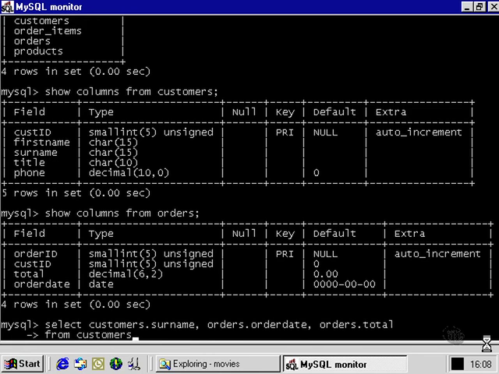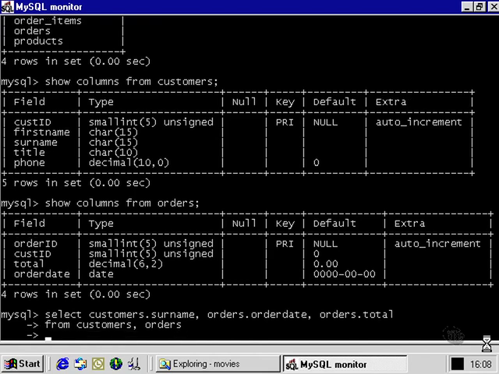From customers, there's 2 different ways we can spell out this particular kind of join. Now this is an inner join, so we can either say inner join explicitly to join the 2 tables, or we can simply use a comma. We're going to use a comma for now. From customers, comma orders, which tells MySQL that we're pulling data from both tables. However, when we specify an inner join like this, we need to also include a where clause